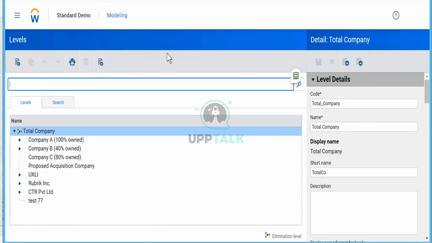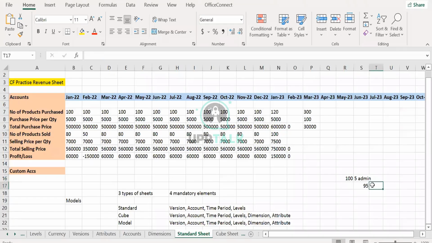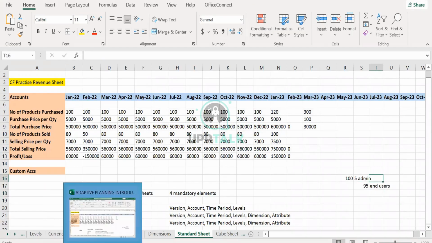The admin does not have the power of all the levels. The admin is only restricted to one level. As an end user, you will have only one level of access and you will not have the modeling access; that is called end user rights. End users will not have your model management access. Admin users would be those who got rights to view or enter the data.